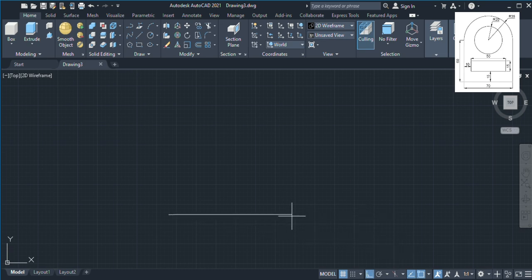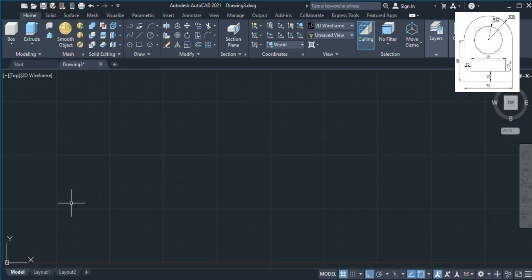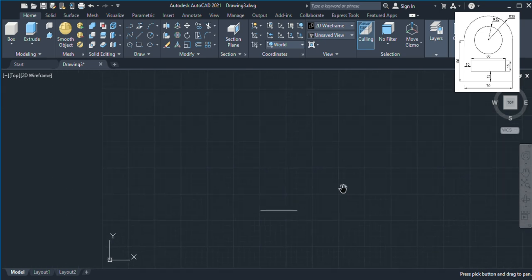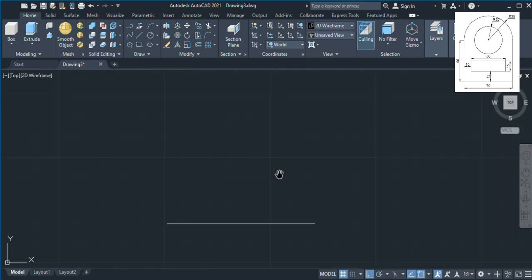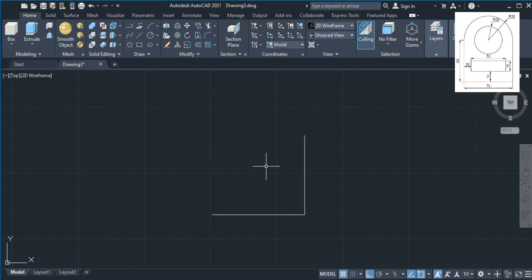Okay, let's start with the line. Okay, the bottom line, which is 70. Draw a straight line, which is 70. Zoom in to check your line. And then start to draw a straight line upward with a distance of 60 for left and right,